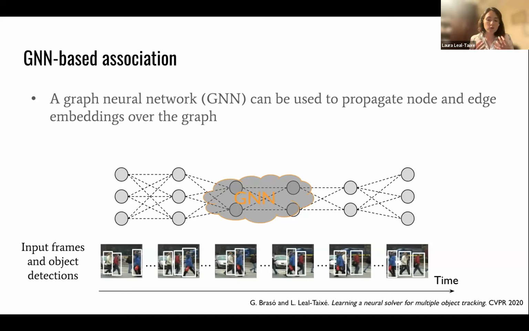And so this is really cool, right? Because now my node embeddings and my edge embeddings are going to be updated, but they're going to be updated exactly with the information I need for tracking, which is sort of higher level information about what is happening in the neighborhood of the node. And so after this series of message passing steps, which are of course learned,